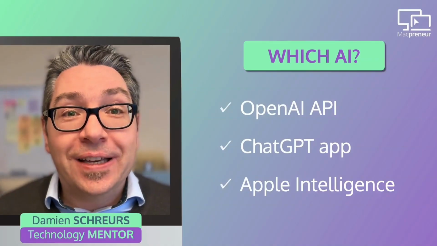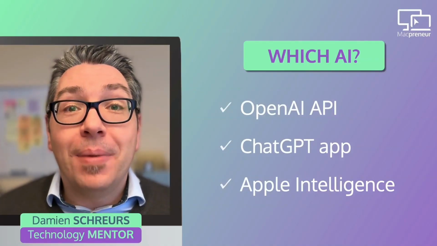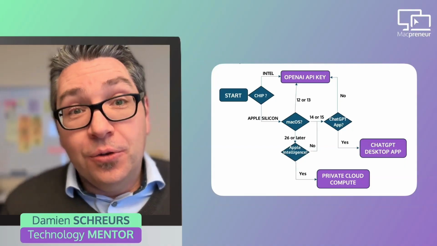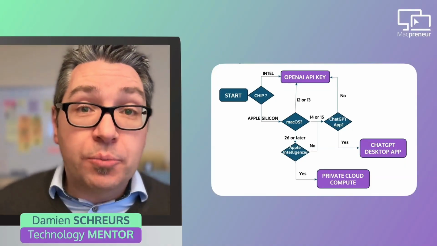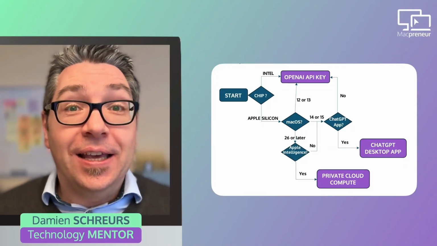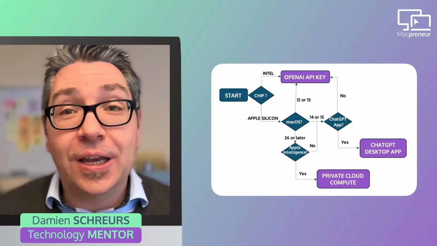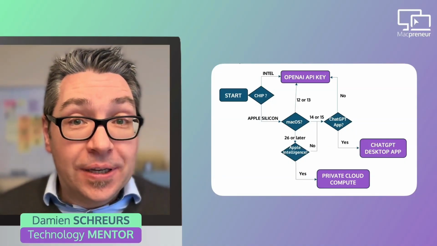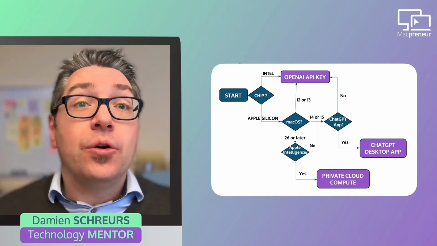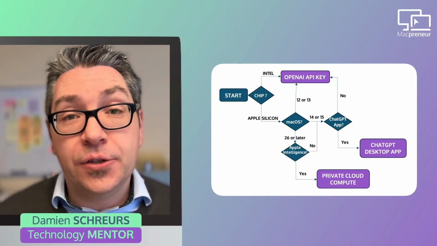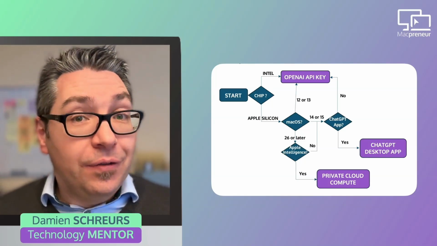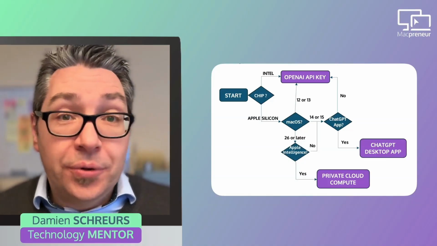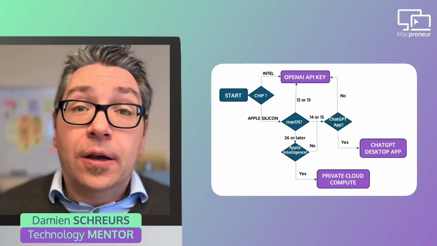And the good news is that when the automation kicks in, it will start by selecting the cheapest and most appropriate AI method based on your Mac setup. Yes, the automation will look at which processor your Mac has. If it's an Intel processor, obviously it will use an OpenAI API key. Now, if your Mac is an Apple Silicon chip, then it will check which version of macOS is running on your computer. If it's macOS 12 or 13, then it will use the OpenAI API key too,